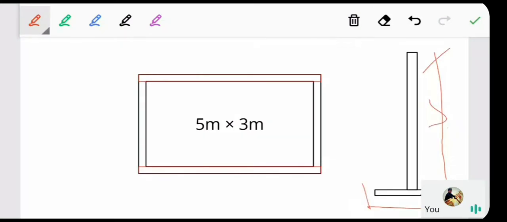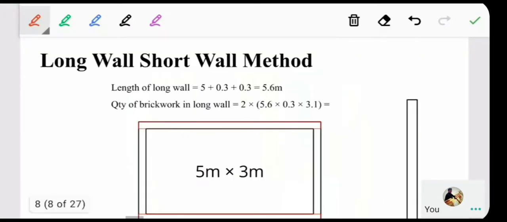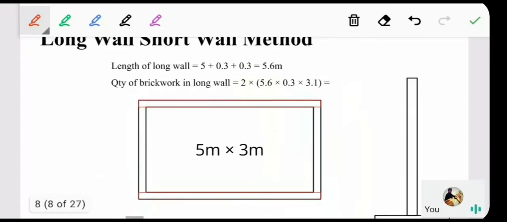At the base of the brickwork there is a PCC work. Now you have to calculate the quantity of the brickwork for this particular item. Then what we are going to do, we are going to divide this building into two sections, that is the long walls and the short walls. First, the long walls will be the horizontal walls and the short walls will be the vertical walls. So the length of the long wall for this particular building will be